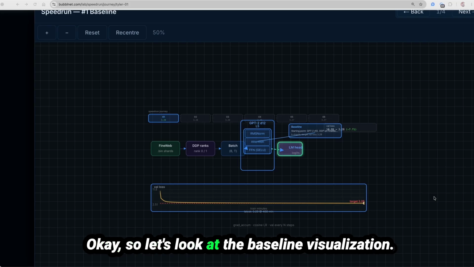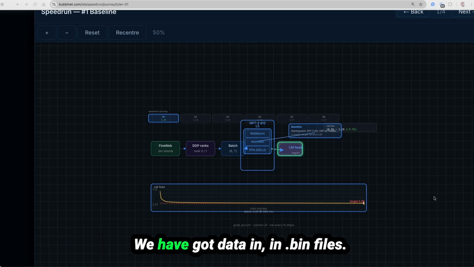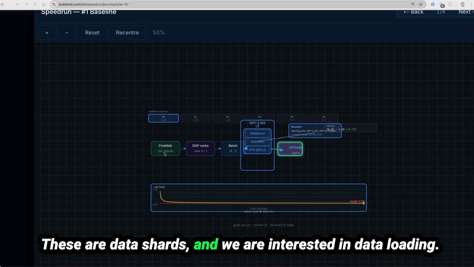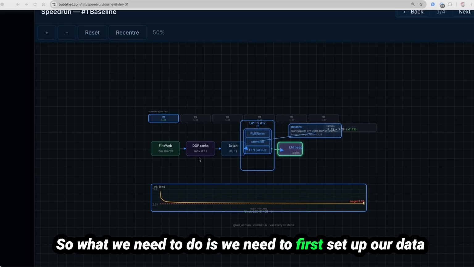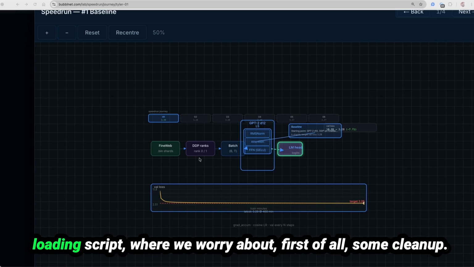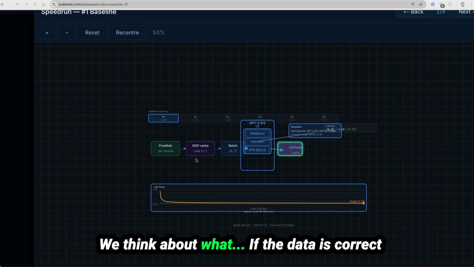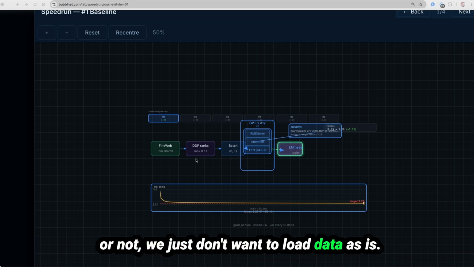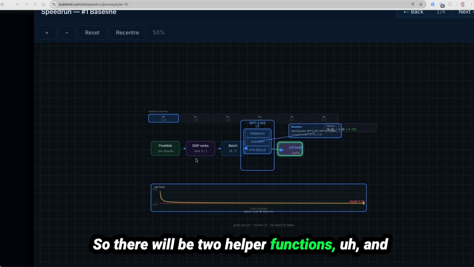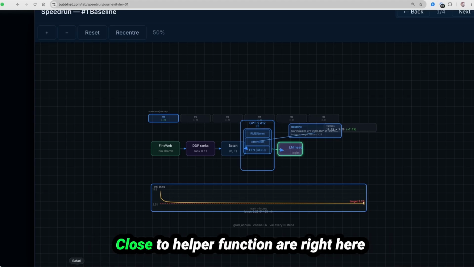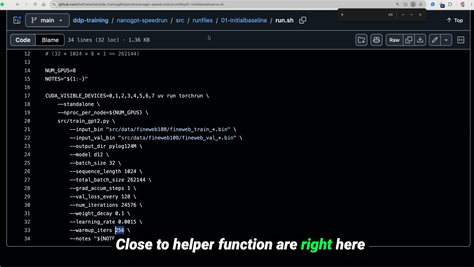Okay, so let's look at the baseline visualization. We have got data in .bin files. These are data shards, and we are interested in data loading. So what we need to do is first set up our data loading script, where we worry about, first of all, some cleanup. We think about whether the data is correct or not. We just don't want to load data as is. So there will be two helper functions, and those two helper functions are,